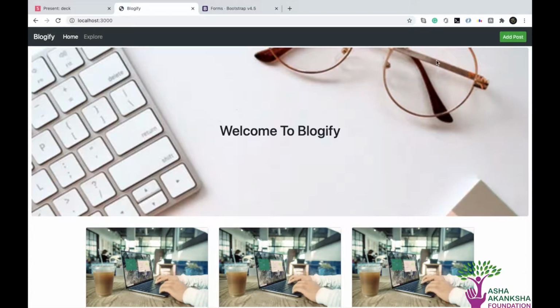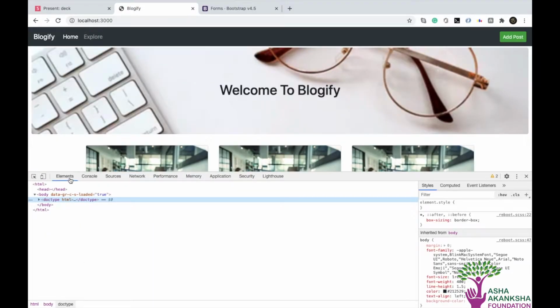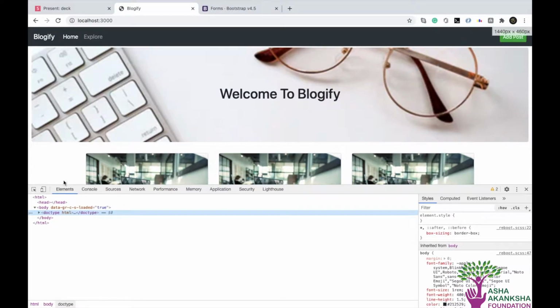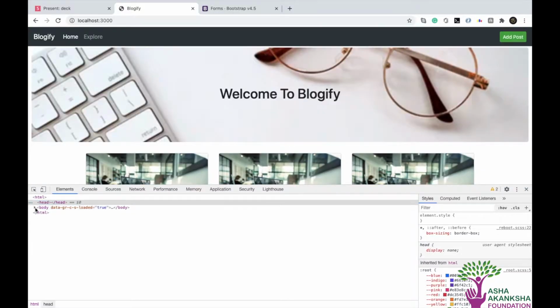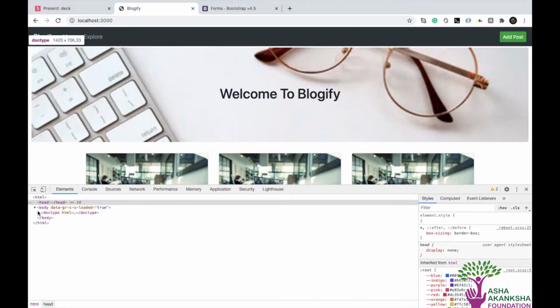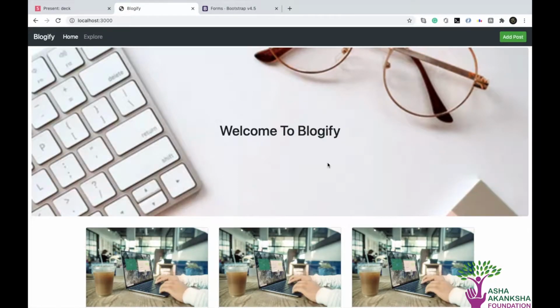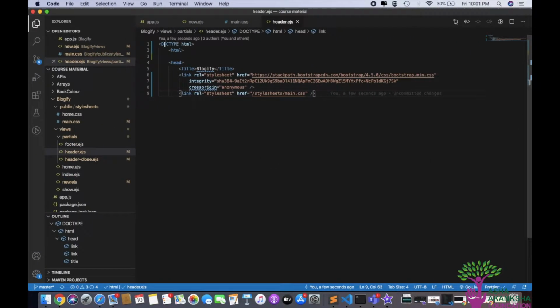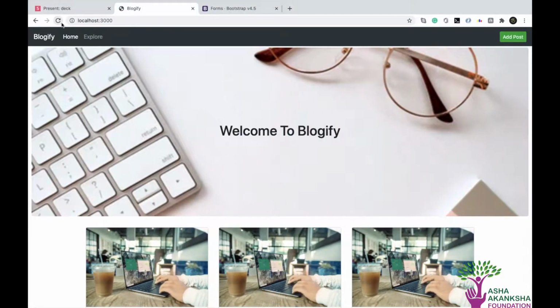The first thing is that if we inspect this, this is an error that I made, and I didn't notice until just today. Here I see that my head does not have anything, and everything that I've written goes inside the body. This was really weird, and it took me a little time to figure out why this was happening. What I figured out was that inside our header.ejs, we need to have an exclamation mark here. As soon as I do this and I refresh,